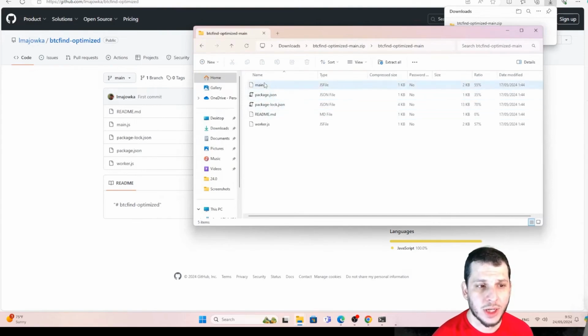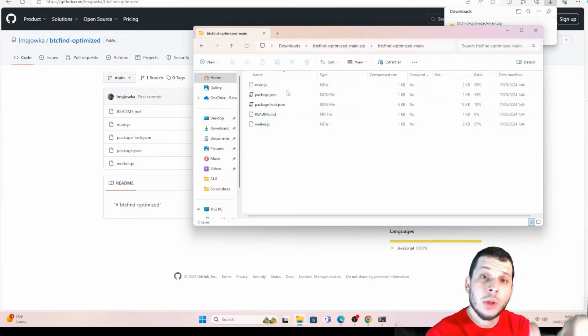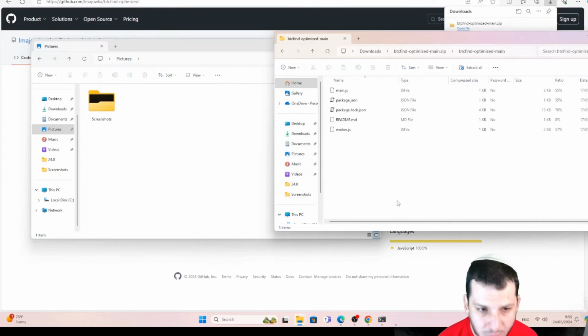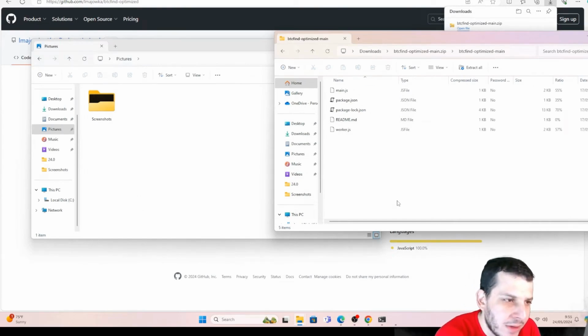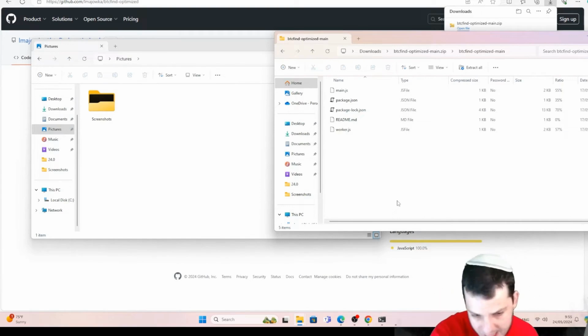So all the code will be right here on your computer, okay? All you have to do is copy this code into that folder we created. To copy the code, we're going to do the following. We're going to open another window of Windows Explorer, okay? There's a shortcut, which is Windows + E,